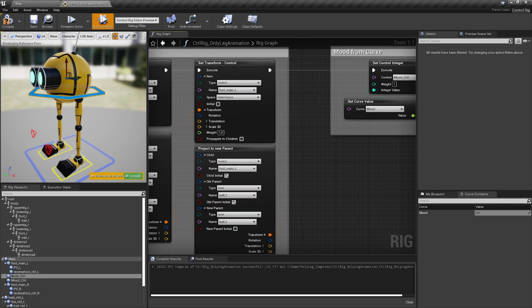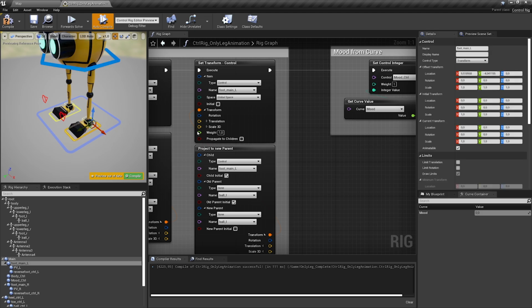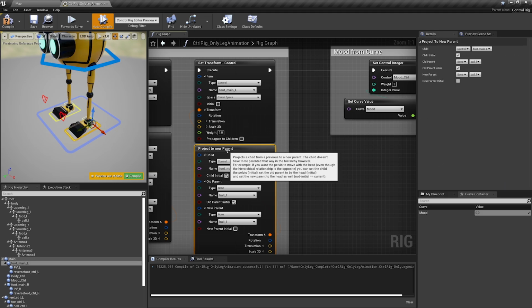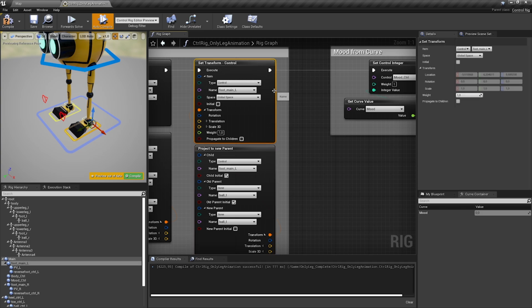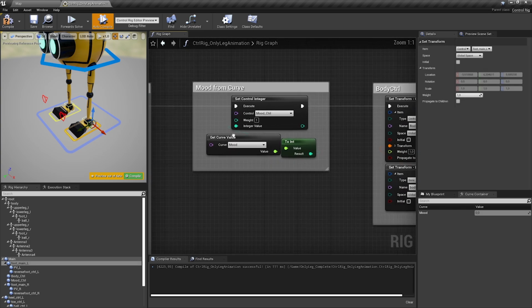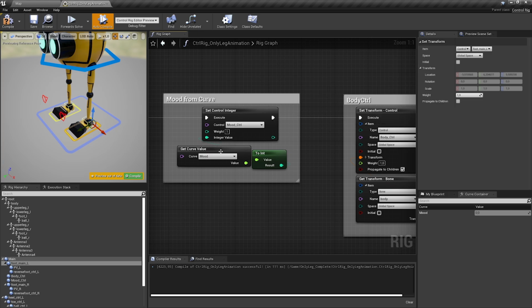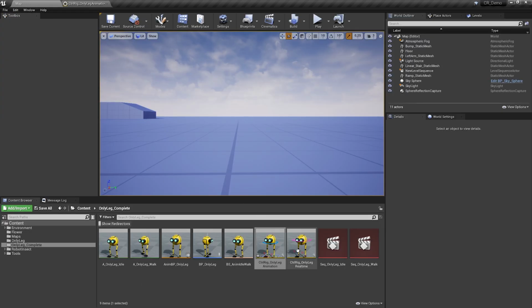So this is a very straightforward part. When we take a look at the feet, we have to decide which bone we want to use. In my case, I'm using the position of the ball to move the foot main L, which is my control where all the other controls are living. So again, the project to new parent is a really handy node. And then I'm setting the foot main here. So we do that for the left and right leg. And then we also do it for the curve. So we can read the curve value from the animation and then feed that into our control. So he will change his face and we would then be able to change it.